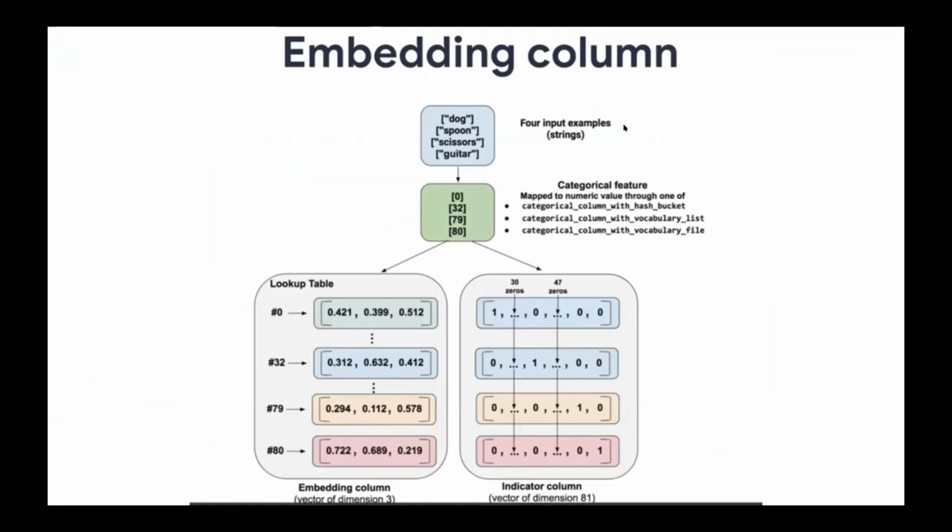The first thing you have to do is convert these into a mapping to numbers. And you can use any of the prior categorical column methods that we were showing. So you could use hashes, you could use a vocabulary list or vocabulary file to get these numbers. But the interesting thing is the next step we can do is feed this into an embedding column where we have a lookup table